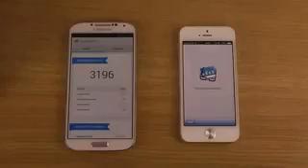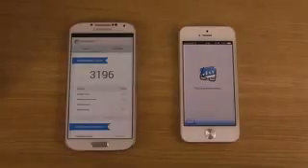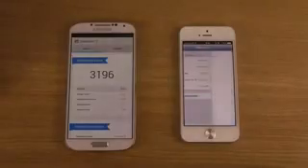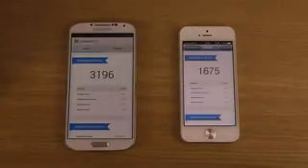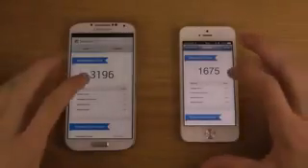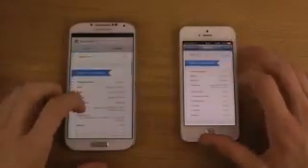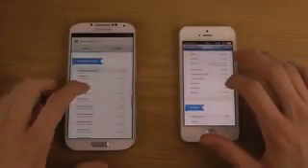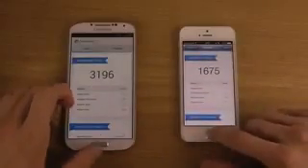Wow, it did run pretty quick there on my Galaxy S4. Scored 3196. Have to wait for the iPhone 5 here a little bit. There we go, so it scored 1675. So on this first score here, we can see they kind of do crush in this program, gaining almost 100%